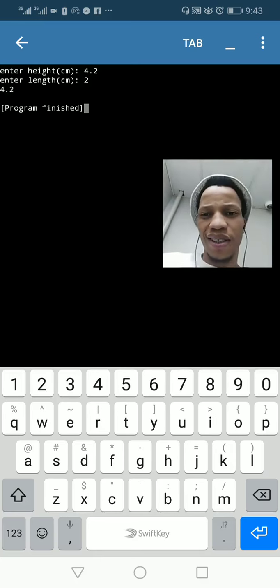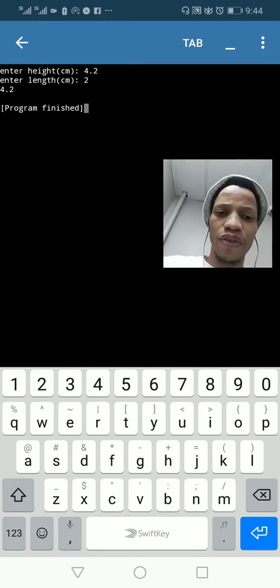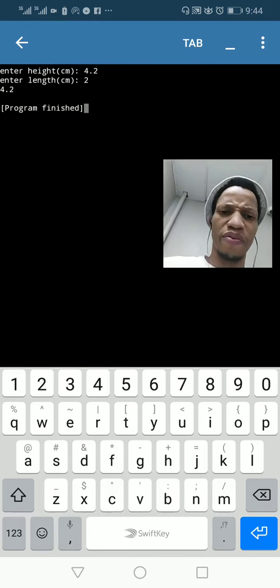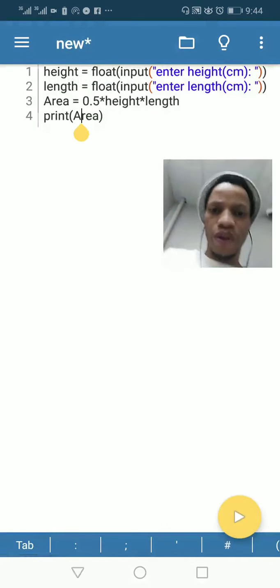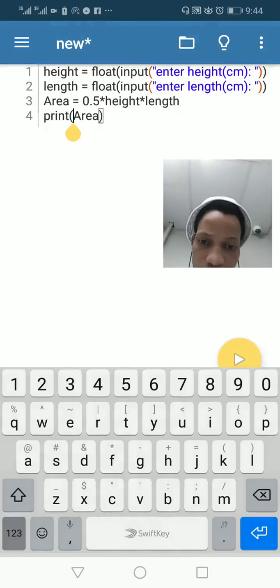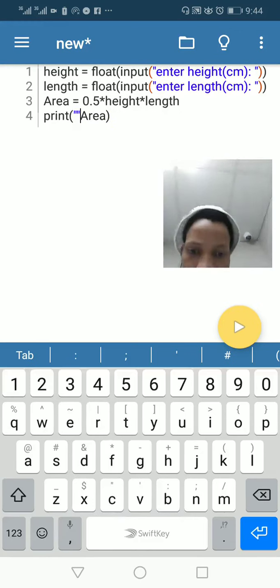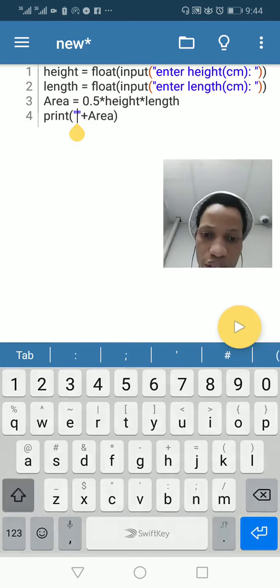But look at it, it's a 4.2, it's not looking nice. So let's make it readable, because when it's just 4.2, I don't know what 4.2 is. Is it an area or what's happening? So let's make it look nice. The way you do that, we want to concatenate this. So we want to say the area is